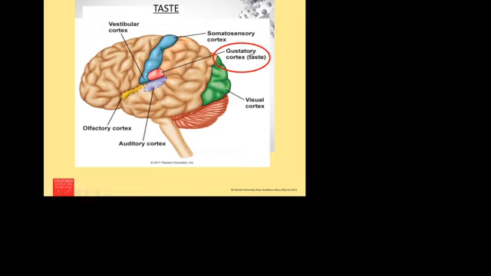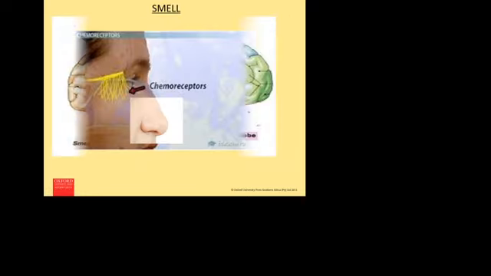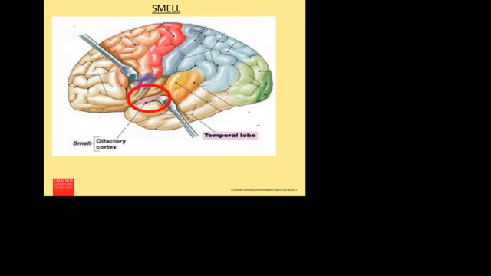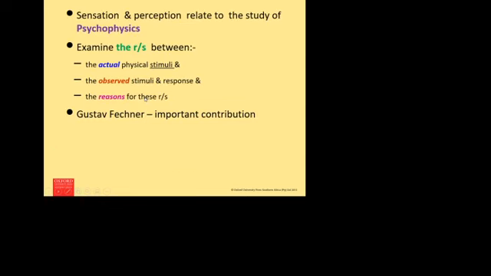called the gustatory cortex, located in the middle of the brain. And for smell, around our nose, the part of the brain responsible for processing smell and differentiating smells is called the olfactory cortex, also in the middle of the brain. And then